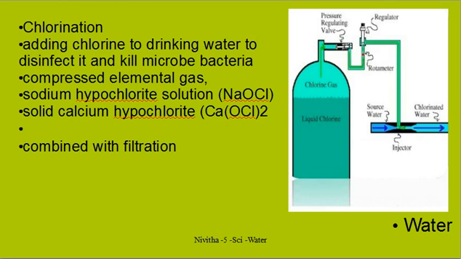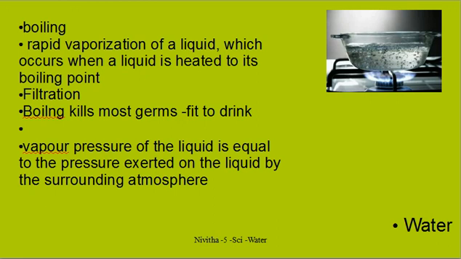What is chlorination? It's adding of chlorine. What is the chemical name of chlorine? It is sodium hypochlorite or calcium hypochlorite that we add because it disinfects the pathogens. Now, in a city, if a water supply has to be made, first they will do the sedimentation, then the filtration, then the chlorination. All this they have to do to make rainwater fit for human consumption.